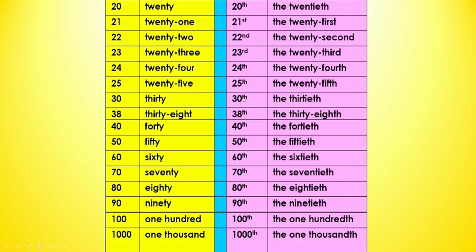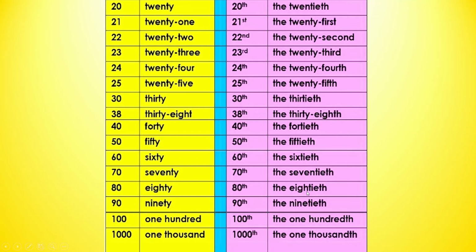And for the ordinal number, you have to say the 32nd. Okay, for example, 38, the 38th, 40, the 40th, 50, the 50th, 60, the 60th, 70, the 70th, 80,